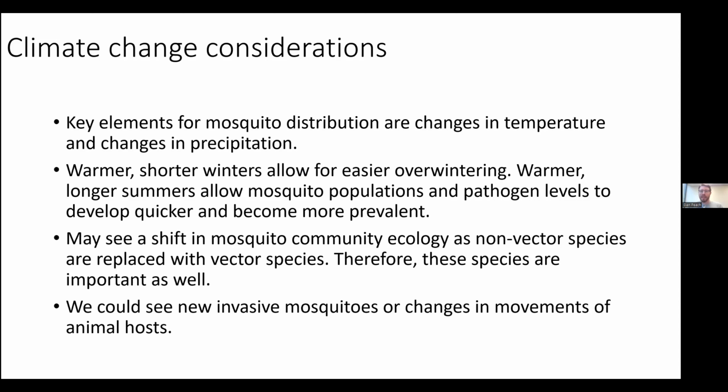Well, that might not be the case anymore. We also might see changes in the movement of animal hosts that could affect what pathogens or reservoirs are available out there in the environment for a mosquito to encounter. So again, it's not just the vector species, although it is that too, but we have to think of a whole bunch of different things, and that is sort of compounded by